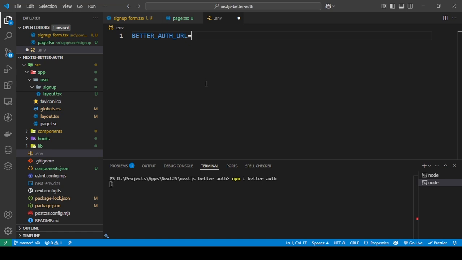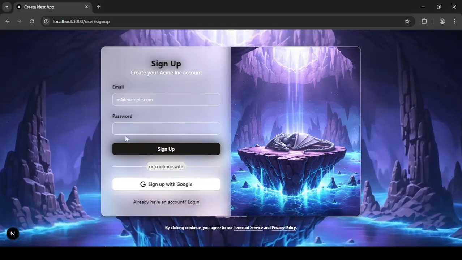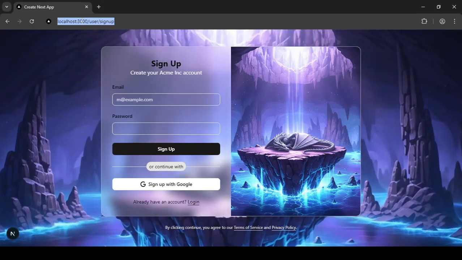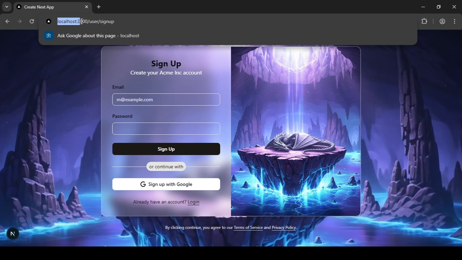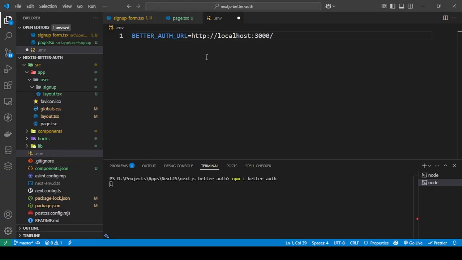After that, you put in the base URL. Mine is localhost:3000. I'm just going to copy this and put it here, and then you create the second environment variable, which is